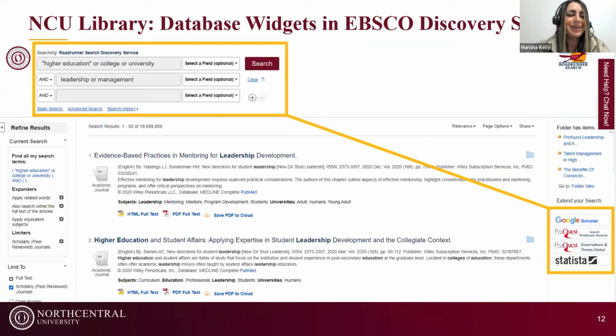Now here we have our Roadrunner search, our discovery interface, and we've actually worked extensively with EBSCO and our designated library services engineer there to optimize the search experience for users. And what is now the classic EDS. So I know that EBSCO just rolled out their new user interface, but on the classic interface, we have added